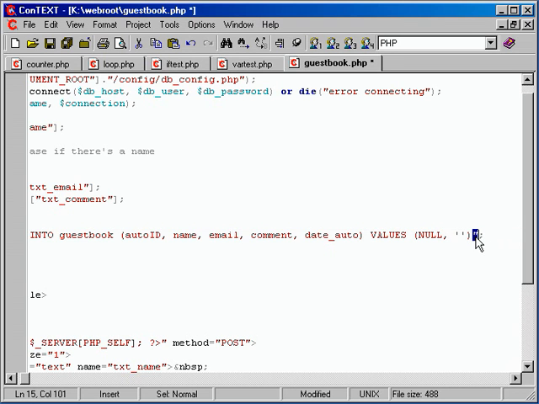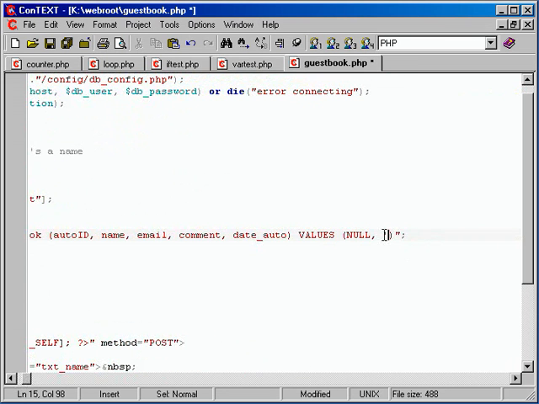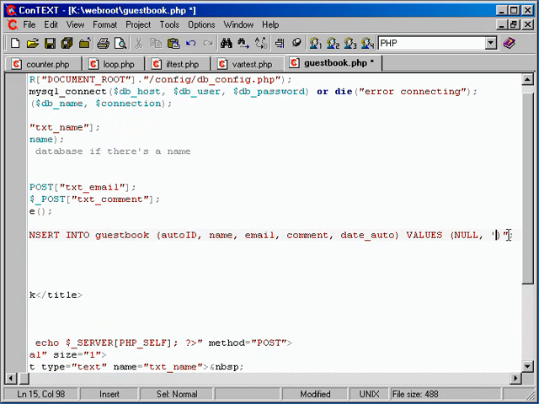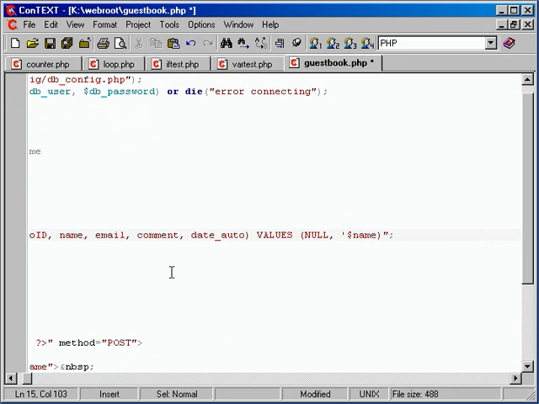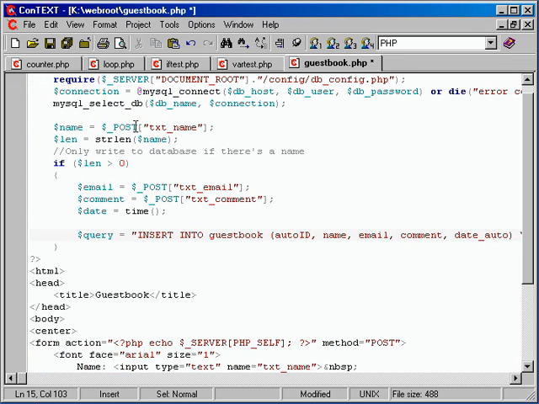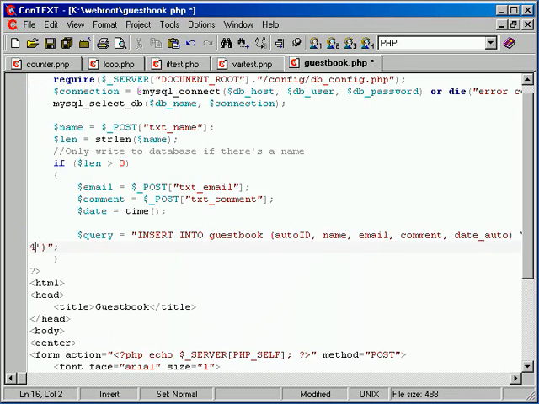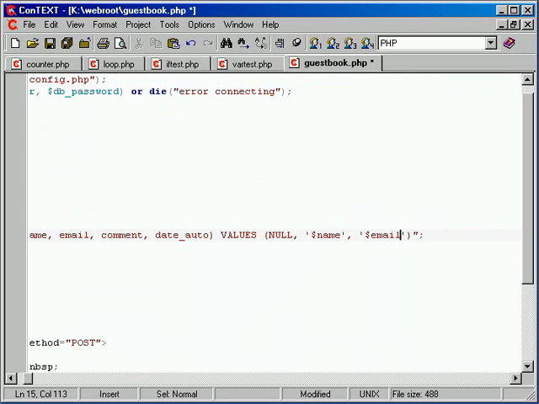Now notice we're already inside of a double quote. So if we put another double quote here to start for putting the name in, that's going to end our string right here, and we'll end up with an error because we just have some random stuff after the end of the string. So we need to use a single quote because as far as PHP is concerned, once we're inside the string, it's going to ignore this and let it be part of the entire string that's between the double quotes. So opening a single quote, I'm going to put $name, which was of course what we got when we checked and saw what was in that element of $_POST. So we're going to insert the name, the email, the comment, and